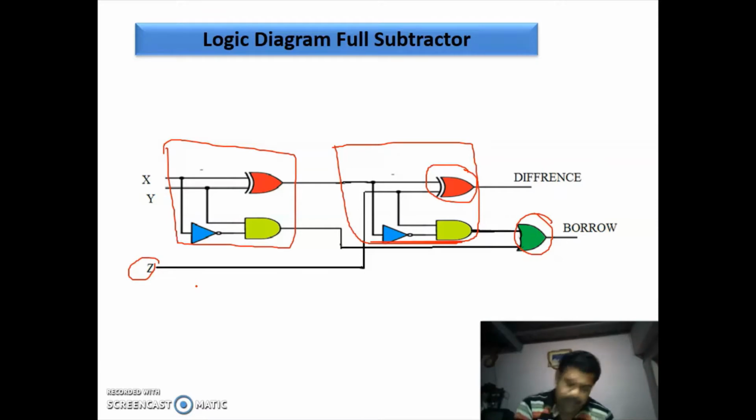Then similarly, implementation using NOR gate. If implementation using NOR gate is asked, you have to take the complement of the difference and the complement of the borrow. After that you have to implement using OR and AND gates, and then you have to put a bubble at the output of the OR gate and at the input of the AND gate. Then you have to replace that AND gate with inverted inputs by a NOR gate. Okay, so you can implement using NOR gate.